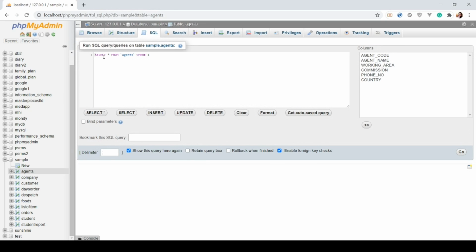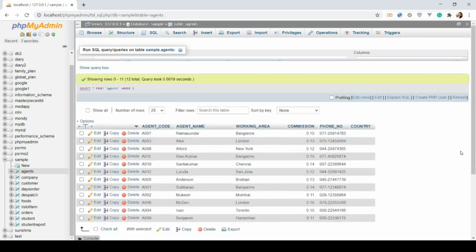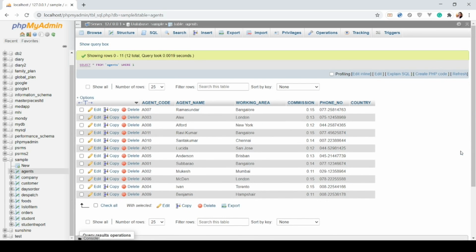So here we have select all from agents, so this will give you all the records from the agents entity.